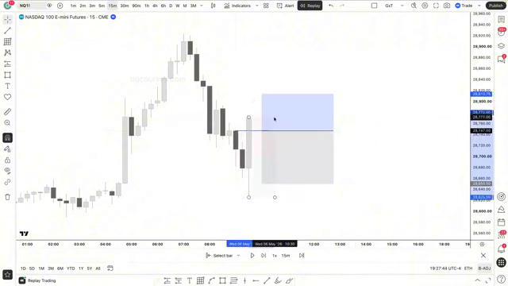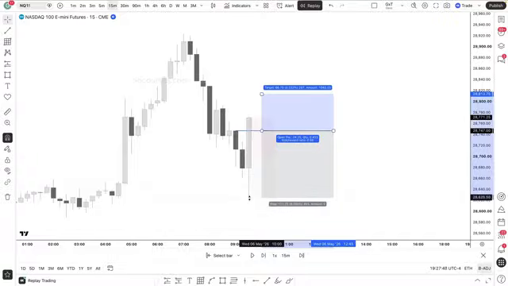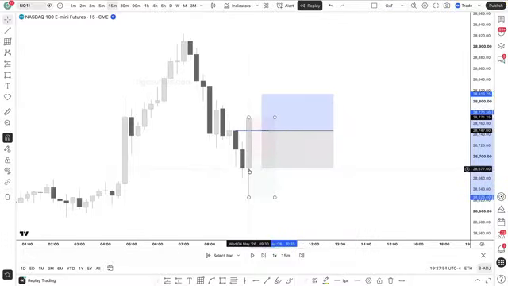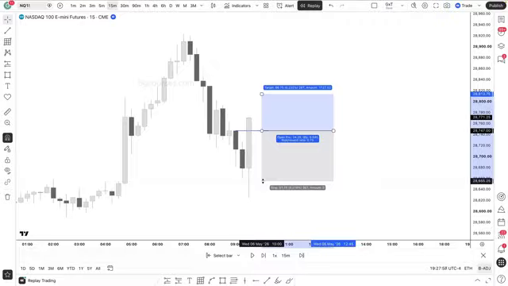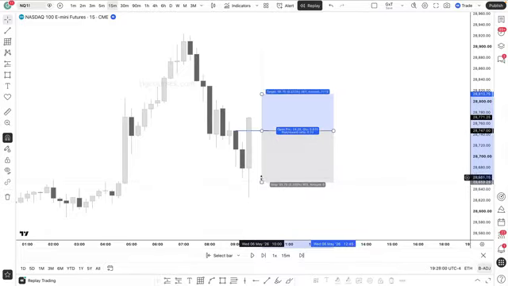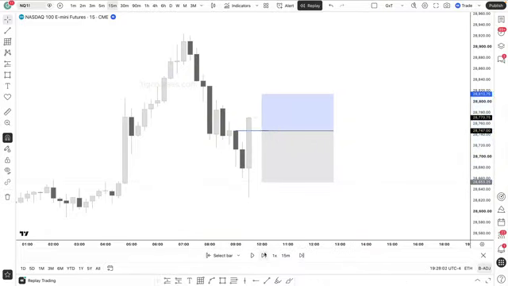You don't really want to see price coming all the way down here. It's the same thing. It's like here versus here, not really much of a difference. But here it's around 50%. It's kind of hard to trust. So in this case, you can put it at 50% or here, up to you. But yeah, you're going to see what happens. You can easily come down in here and wick that area,